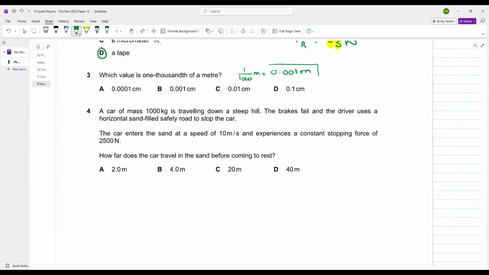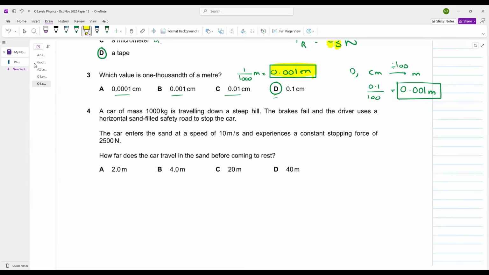Beta, which value is equal to 0.001 meters? Let's try out option D. First of all, if you realize, to convert centimeters to meters, what do you do? Divide by 100. What is your centimeter? 0.1 divided by 100. What value will come in meters? 0.001 meters. I think we picked up the correct option at the first try. D is your answer. You can try out with A, B, and C as well. Divide all of them by 100 and see if any of them gives you the answer